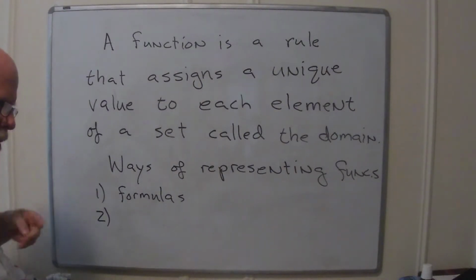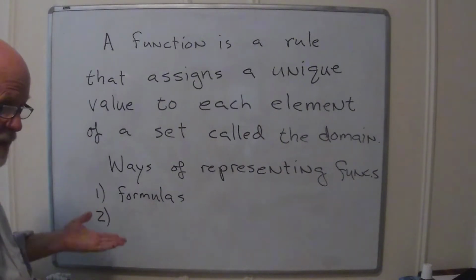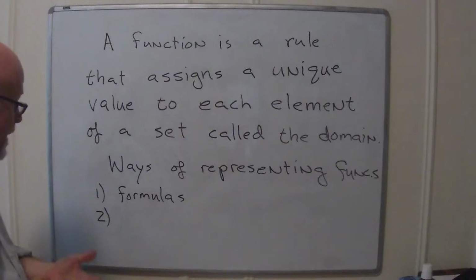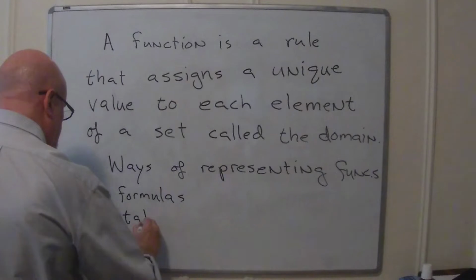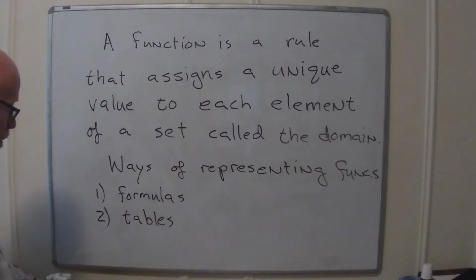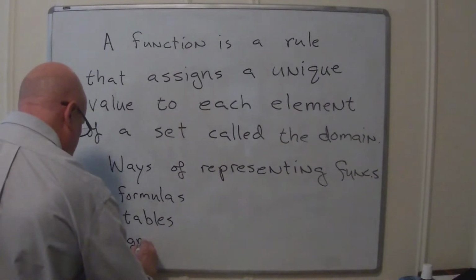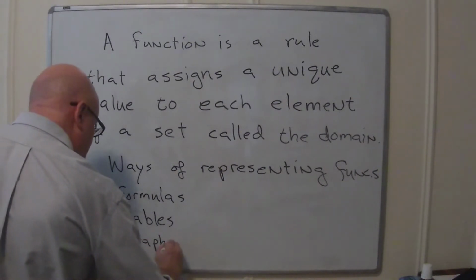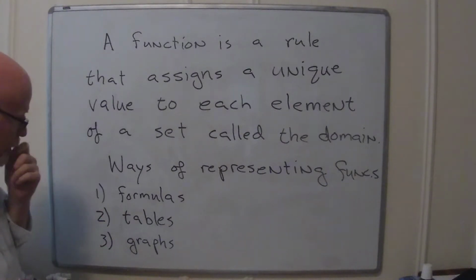Not a bad second thing to do is, what if you could look up the outputs that go with a particular input in a table? That's a pretty standard way of thinking about a function. So if you have tables, these are input-output tables, or you may think of it as an X and a Y. Lastly, graphs. Sometimes we don't necessarily know a formula, and we don't necessarily have values that we can throw into a table, but we've got a picture for the thing. And graphs can be functions as well.